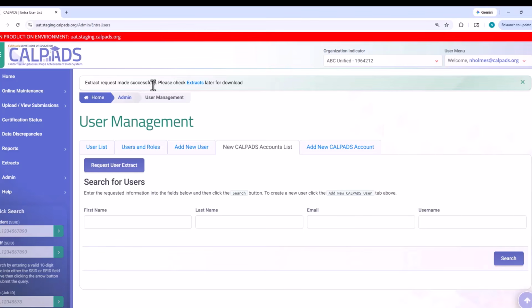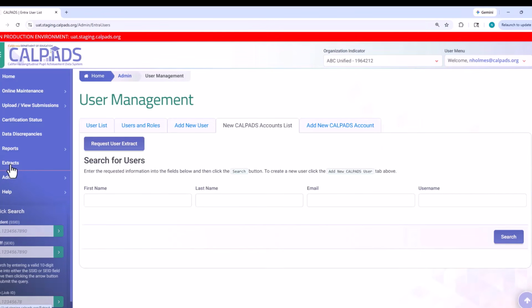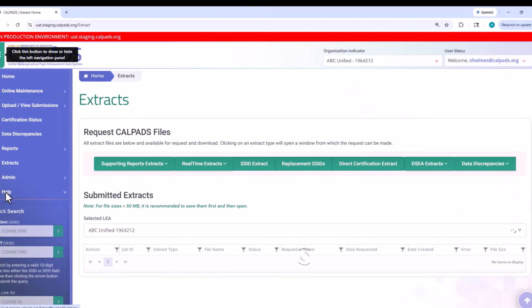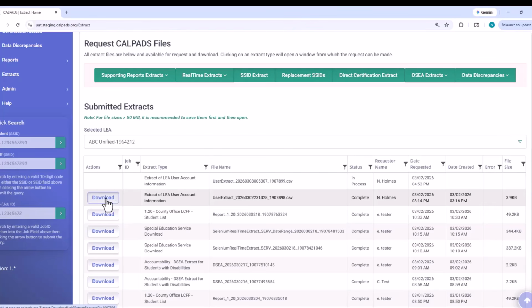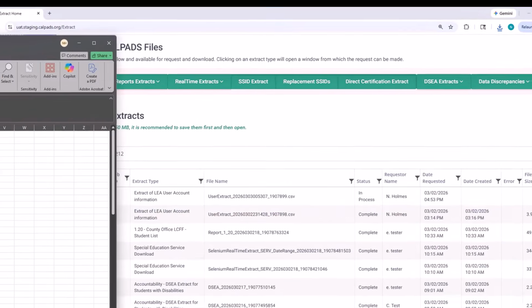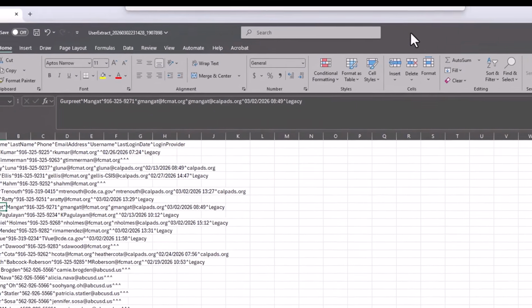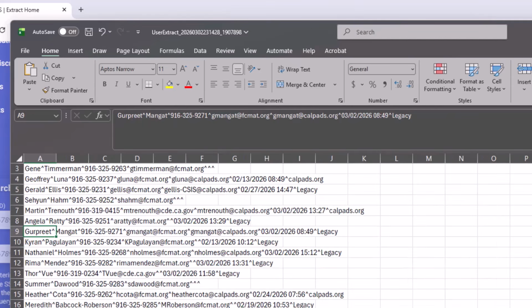The extract request was made successfully. So like any other extract, you want to go to extracts. You can see that it's generating here. I've requested it previously, so let's pull that up. Here's the extract. It's in caret delimited, so if you want to make it easier to view, I like to